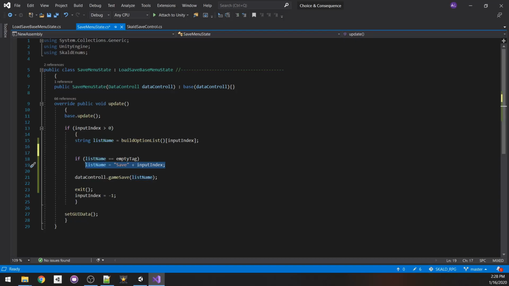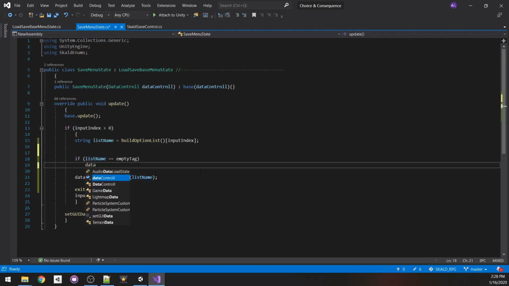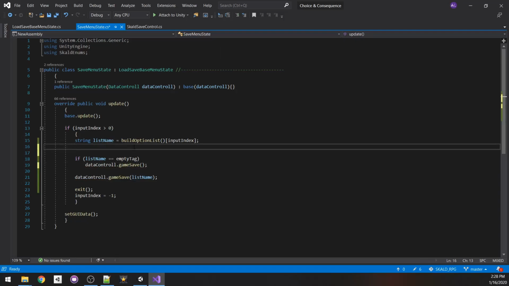And it's an empty tag. I think we can just save and then game save, and we need to pass a new name in here. Since we need to make a new name no matter what, let's make it a local variable up here. I think we could make the name, for instance, save,